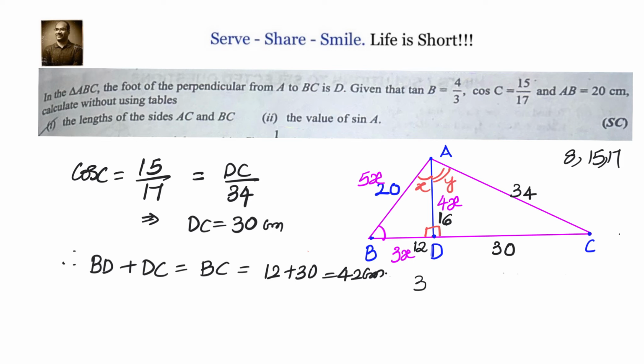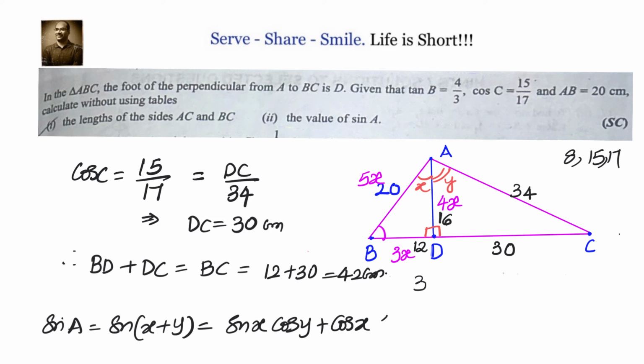Now what is sine A? Let's write down. Sine A equals sine of x plus y, that is equal to sin x into cos y plus cos x into sin y. Sin x means I am looking from here, so my opposite will be 12, and we have opposite by hypotenuse, that's equal to 12 divided by 20. Multiply that with